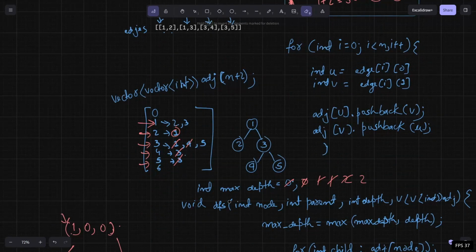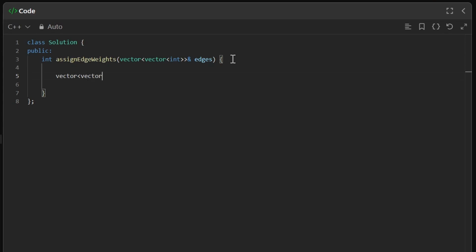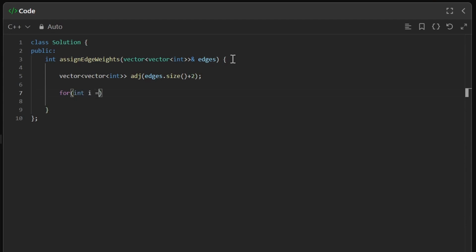So let's first write the code. First of all, we are going to create a vector of vector adjacent, of size n plus 2, and for auto edge in edges, what we are going to do is,